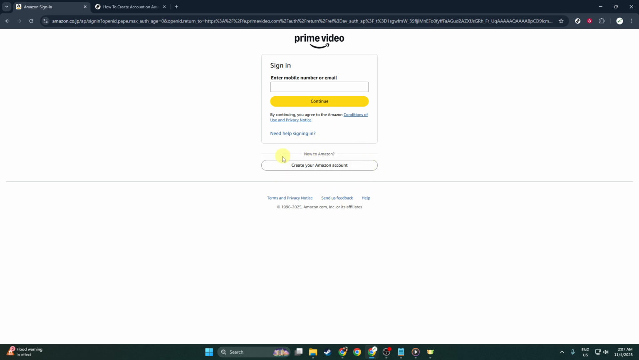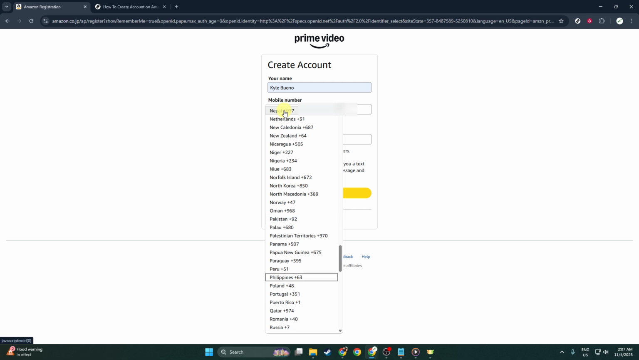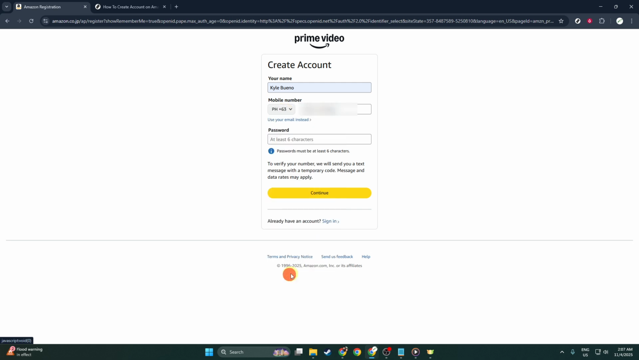You should see an option to create your Amazon account on this page. Click on it and a registration form will pop up. This is where you'll input your personal details. First, type in your name, followed by your mobile number. Remember, this should be a number that can receive texts, as you'll be sent a one-time password or OTP to verify your registration. Then create a password. Make sure it's secure by using a mix of letters, numbers, and